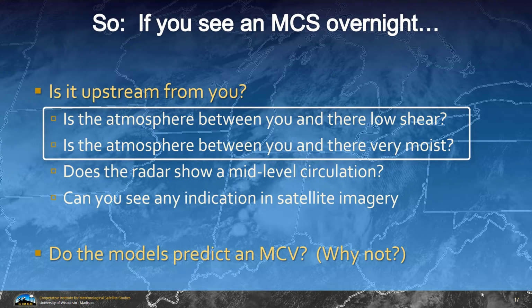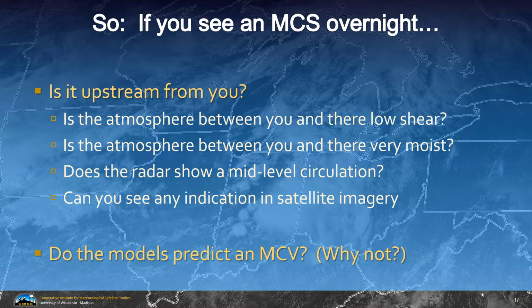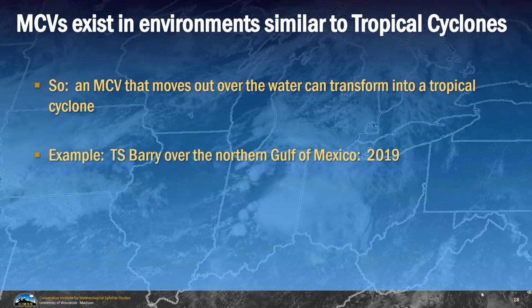There's low shear, it's very moist, there's a mid-level circulation. If the models aren't predicting the MCV, you really have to ask yourself why not. And maybe you have to prepare for making a quick change to the forecast. I've mentioned a couple times that the environment that supports an MCV is very similar to that of a tropical